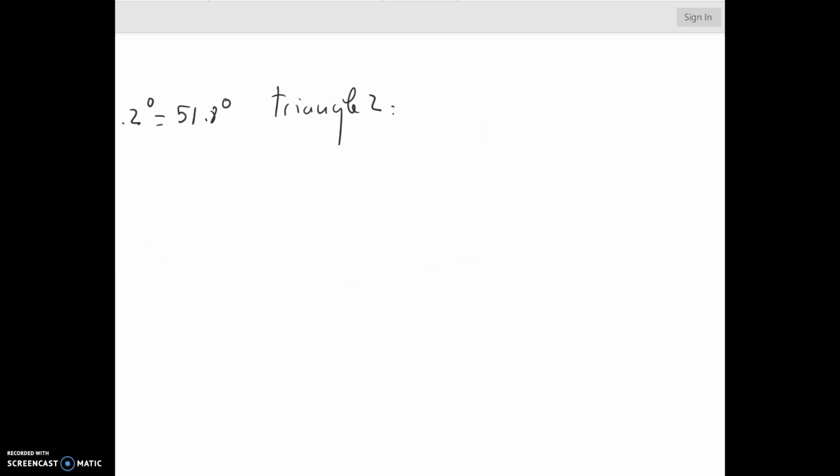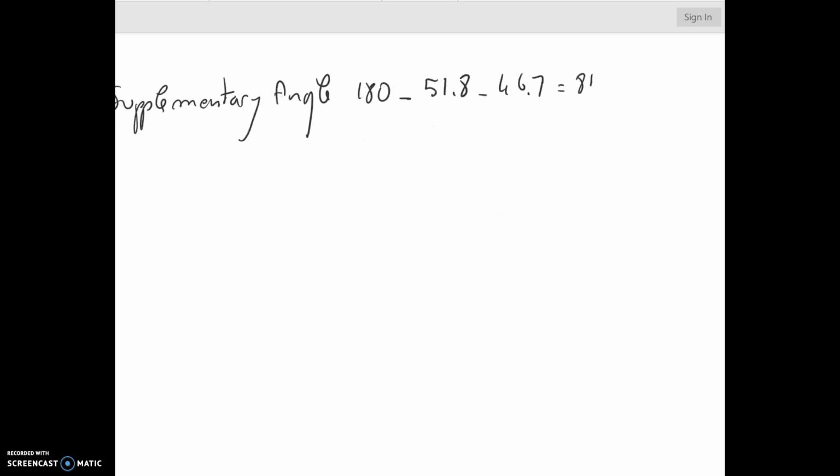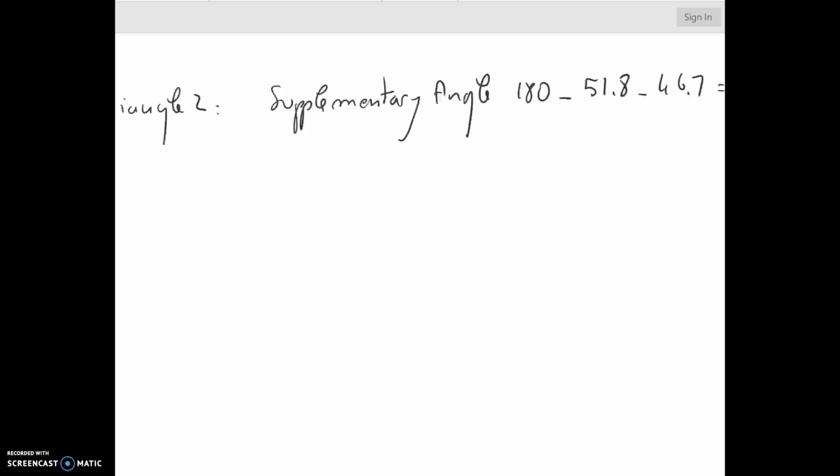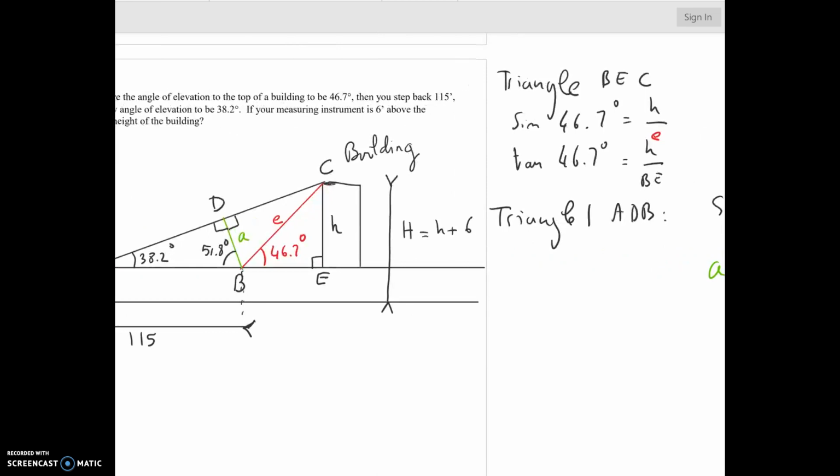If I look at the supplementary angle, I get 180 minus 51.8 minus 46.7, and I end up being equal to 81.5 degrees. Knowing now that this angle right there is 81.5 degrees,